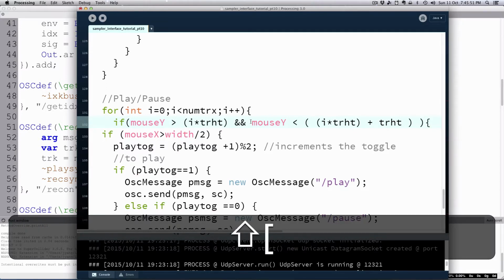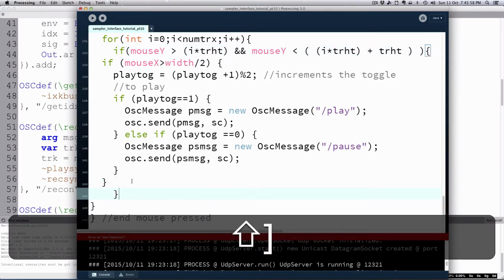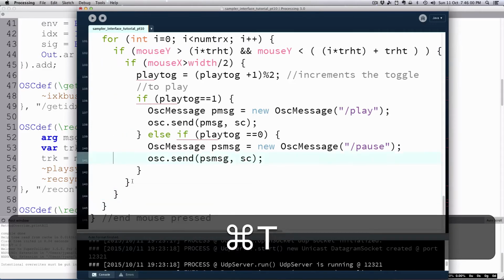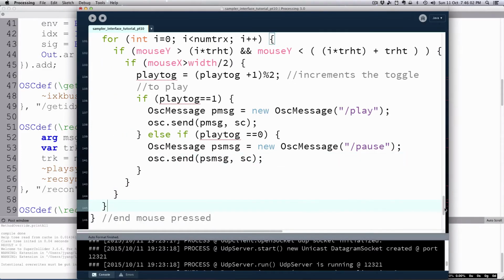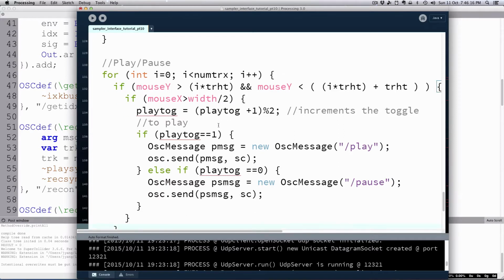Okay, so that's going to determine which track we're on, and we're going to sandwich that if statement between these two, right? We should have done that first. Now it's getting confusing, but you can always check like that. So that should end my for loop. It does, and then this should end the if statement we just added, and it does there. Okay, and then of course that one. So then we can just check if it's on the right side of the track. And then we just have to update these to reflect our